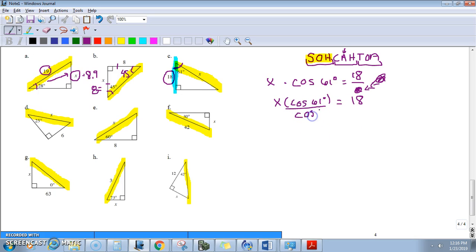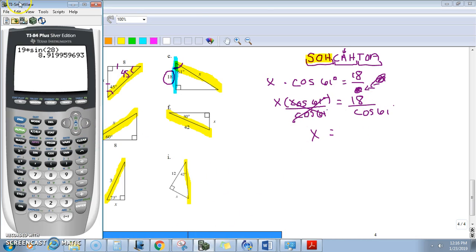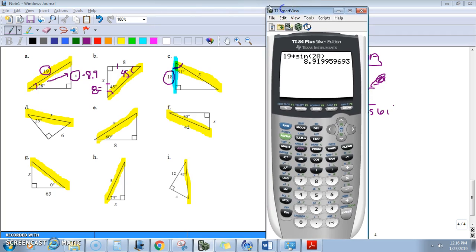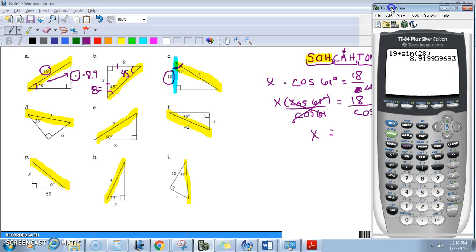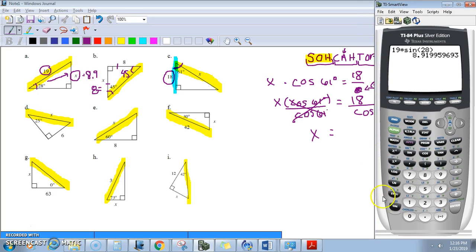To get x by itself, we need to divide by the cosine of 61. Divide both sides. So x is going to be equal to, because that makes 1. And then in the calculator, we can put in, maybe I'll bring it all the way over to this side. The calculator will put 18 divided by the cosine of 61, close that parenthesis, enter,